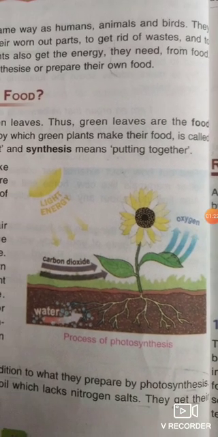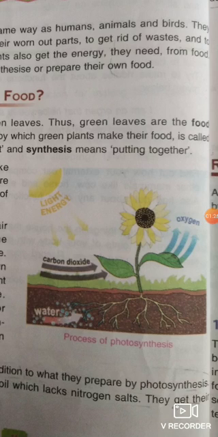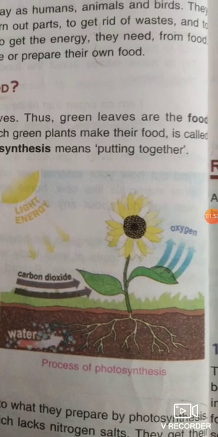During this process, carbon dioxide is absorbed by the plants through tiny pores present on the leaves that are known as stomata. And then, after the use of the carbon dioxide, oxygen comes out of the plant through the stomata. That means exchange of gases takes place through stomata. So this is the process of photosynthesis.